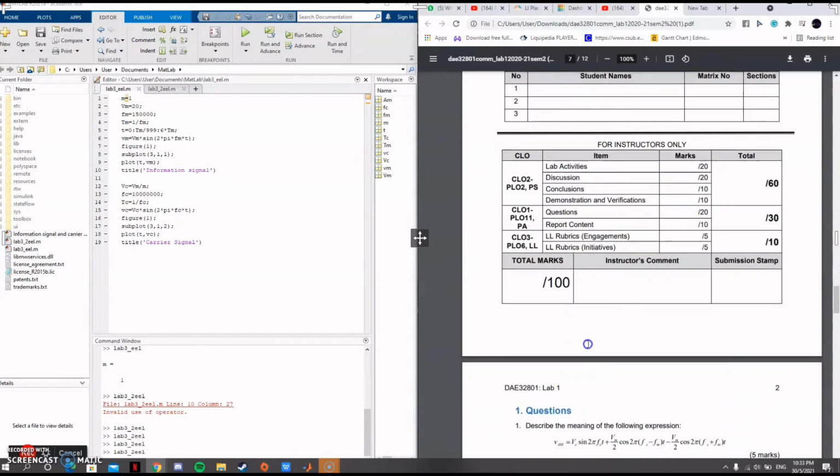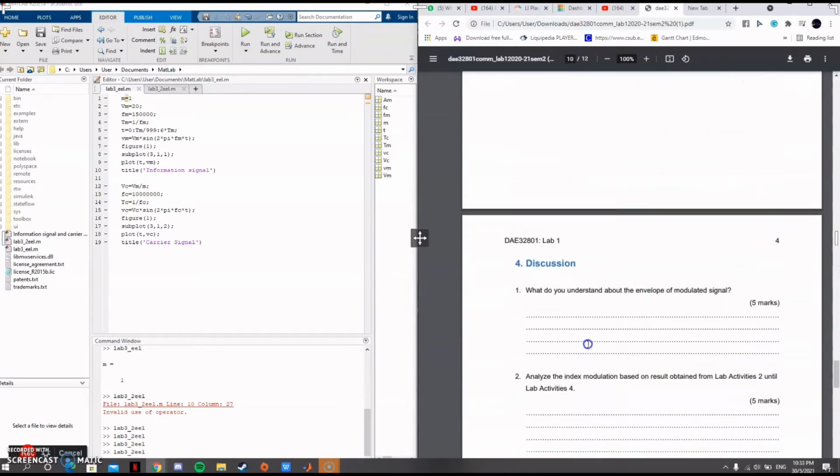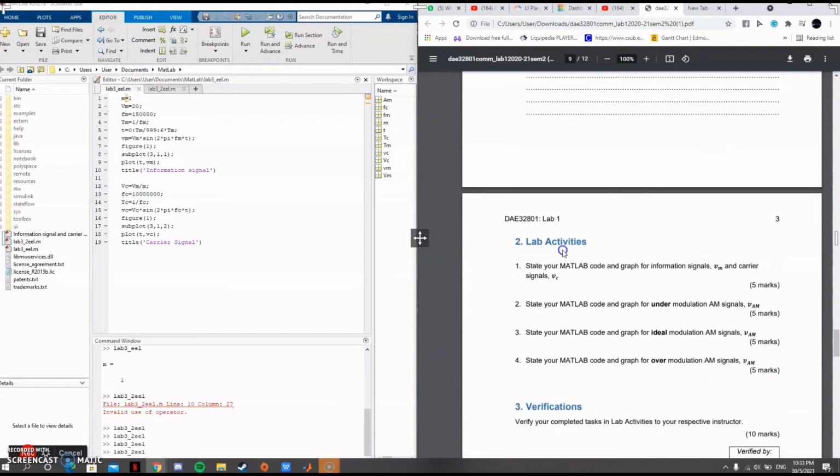So today I'm going to show you lab activity for lab activity 1 and 2. First of all, they ask us to state your MATLAB code and graph for information signals, VM, and carrier signals, VC. As you can see, I have set up the